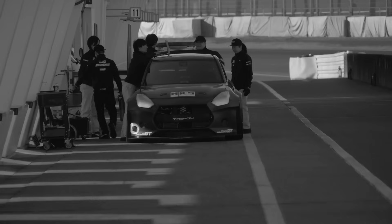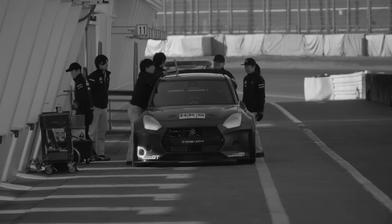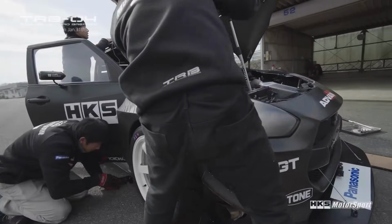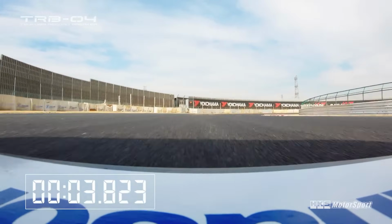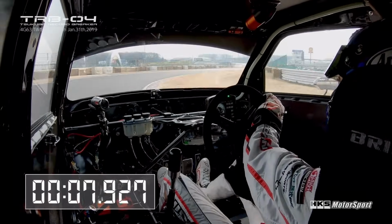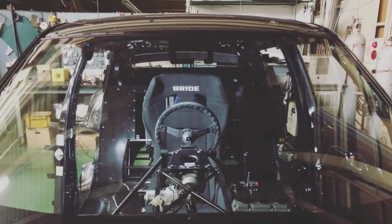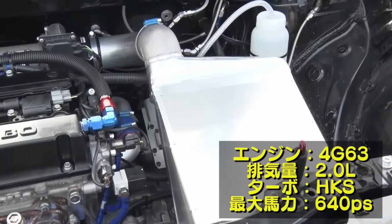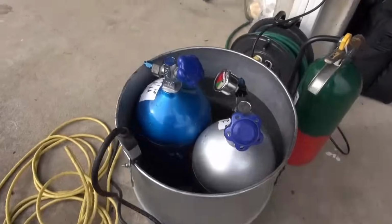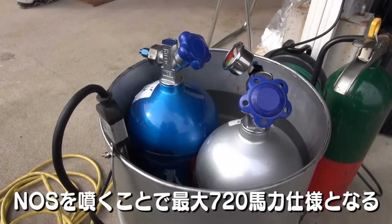Many of you will already know of the Suzuki Swift, built by HKS, which holds the second fastest front-wheel drive lap record around Tsukuba circuit, has a central driving position, and features a 4G63 Evo engine running 640 brake horsepower or 720 brake horsepower with nitrous. But for those of you who haven't heard of this car, in this video I'm going to tell you